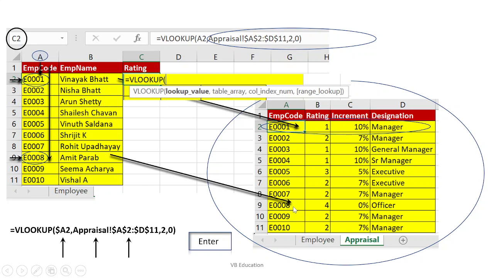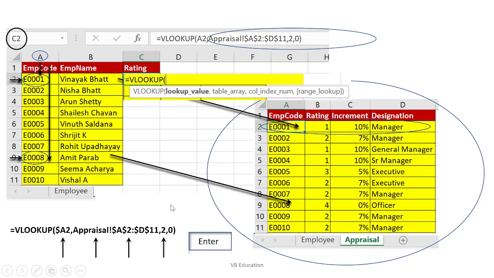See, my search criteria is going to remain the same. The cells are not going to change. That's why I am using the dollar sign here. So whenever I move the formula or write the formula in the next cell, this particular search criteria will not change. Is that clear? Okay.